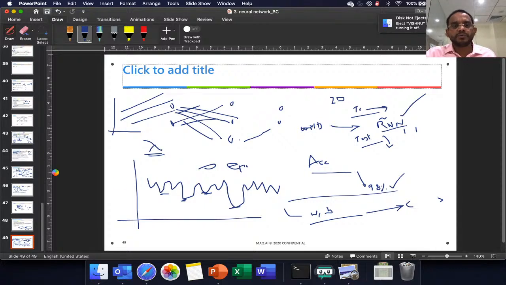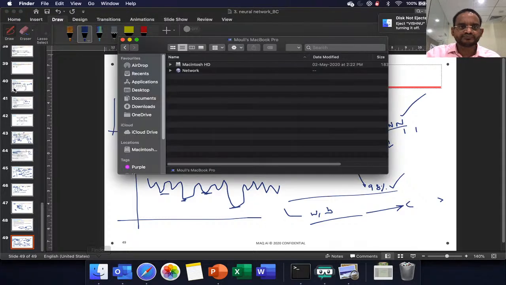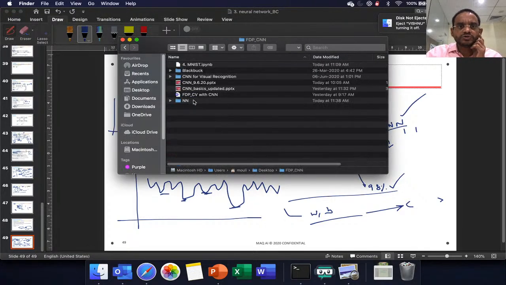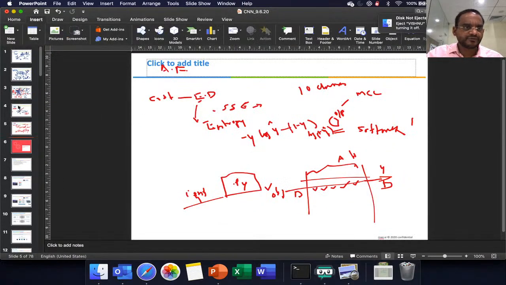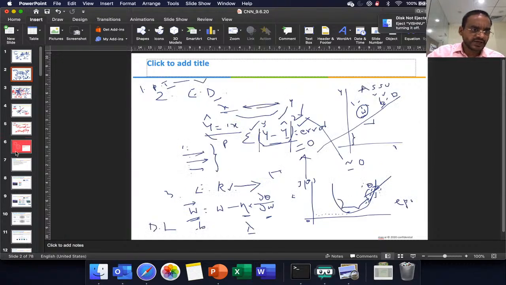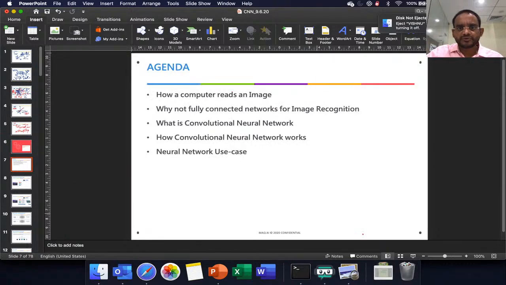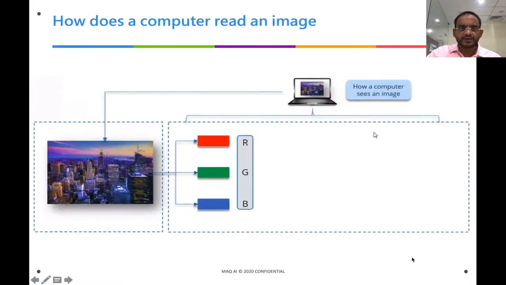Okay, now the important aspect, we will get into the CNN part. So convolutional neural network, I have a set of slides that I have put together, we have been working on these slides only. Now some bit of inspiration I will provide initially. So when you have an image like this,